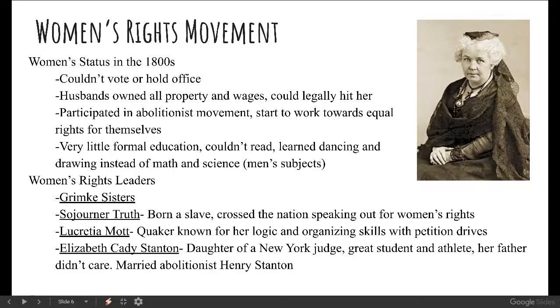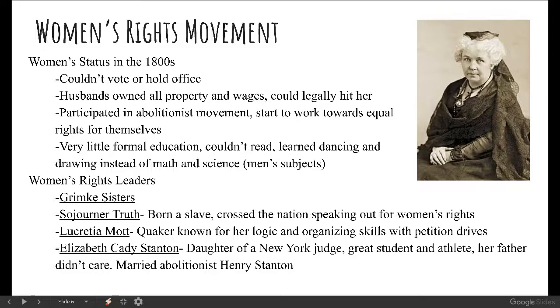Right, and there's going to be a couple of key leaders here. The Grimke sisters that we mentioned before will participate. Sojourner Truth, a Black woman born into slavery. She was Dutch, and she ended up going all over the country speaking out for women's rights. And she delivers a really famous speech called "Aren't I a Woman?" Talking about how even though she is Black, she's still a woman, and she still deserves the respect that women might receive at this point: a man opening a door for a woman, bowing to her, helping her across the street, something like that. So she was a major advocate for not just abolition, but also women's rights.